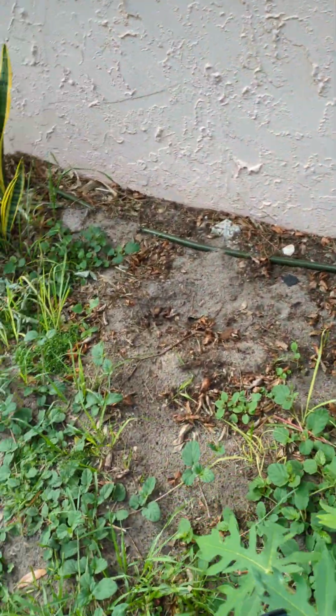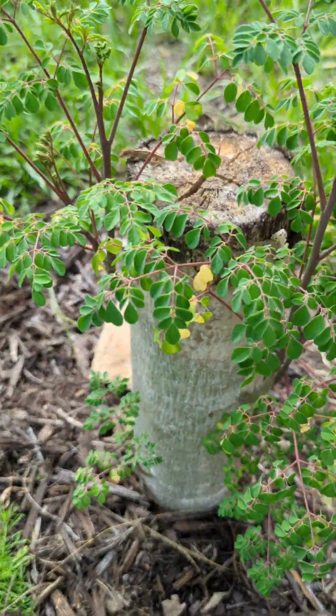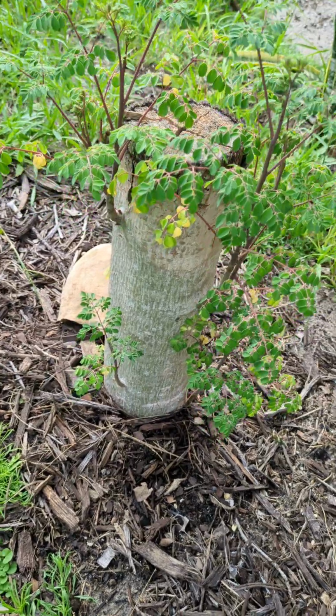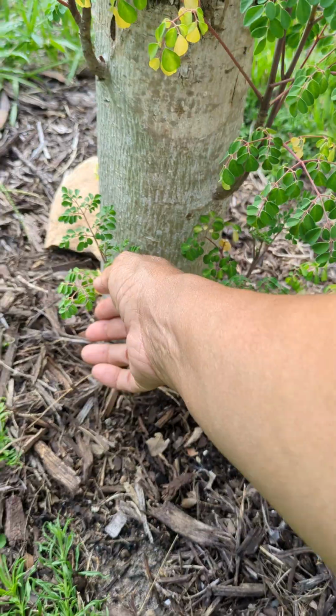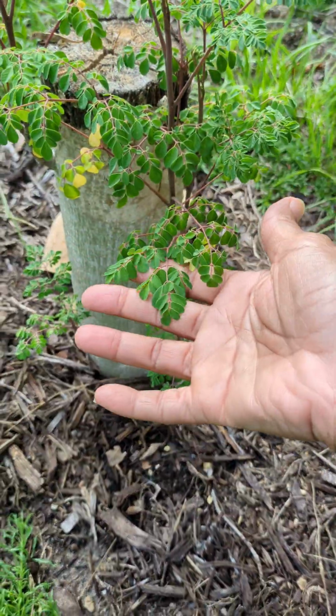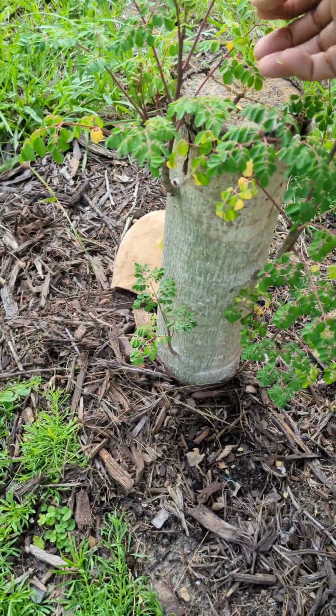Oh, so let me tell you a quick story before we go. This here was just a stump. It was given to me initially by a friend, and I took it. Wasn't sure what to do with it. And he told me to stick it in the ground. So that's what I did. And all of a sudden now, it's probably